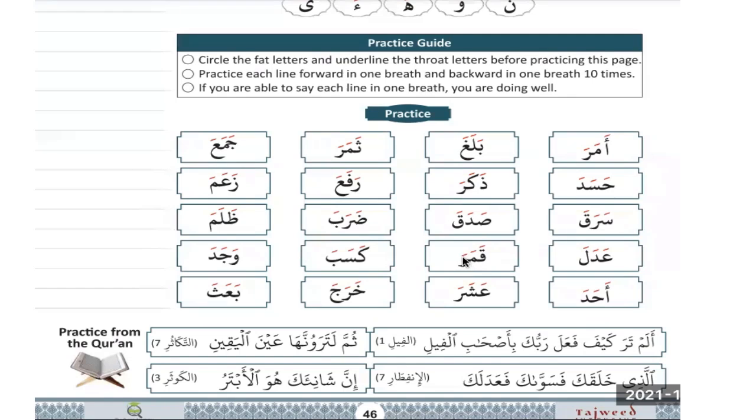Qamara, because ra is a conditional. Whenever it comes with the fatha, we will read it in a heavy sound. Qamara, qamara. Again, ka, sa, ba. Ka, fatha ka, sin, fatha sa, ba, fatha ba. And the 3 of them are from the light thin family. No one belongs from the fat family, because fat family